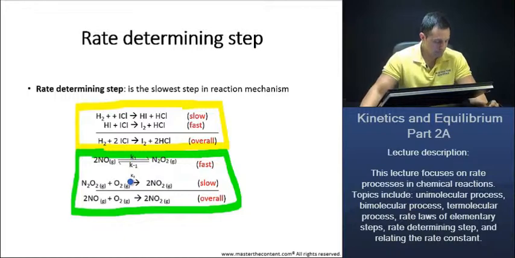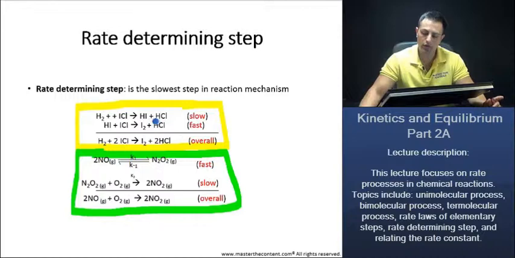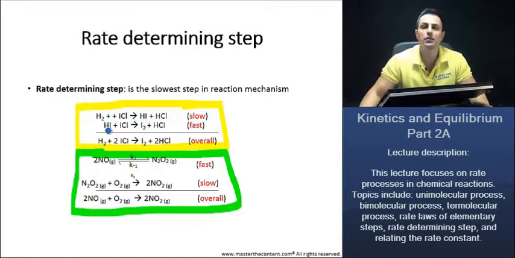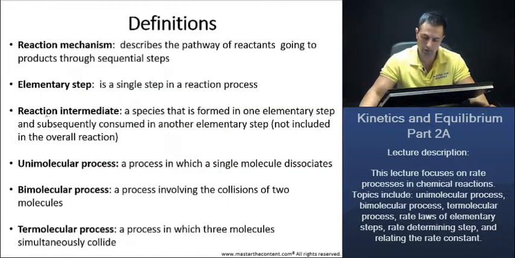One other thing I want to show you here is that hydrogen iodide is being produced in the first step and consumed in the second reaction. Furthermore, it's not in the product. What did we say is being produced in the first elementary step, consumed in the second elementary step, and is not in the product? That's the reaction intermediate: a species that is formed in one elementary step and